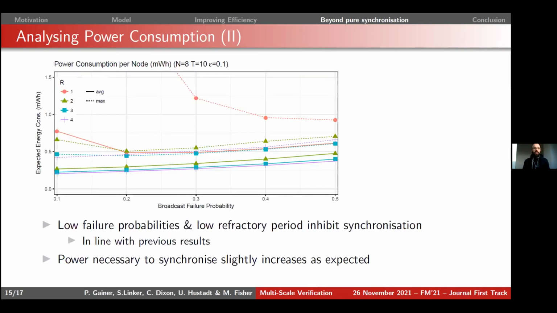What you can also do is analyze how the system behaves with different broadcast failure probabilities. And you can see something that is a bit unintuitive: if you don't have any failures in your system, or few failures, the synchronization worst case or the power consumption actually gets worse, because then there are problems where the oscillators basically chase each other around all the time. It's a very interesting thing. So actually, a less good model is better than a perfect model in this case, in this model and this application.